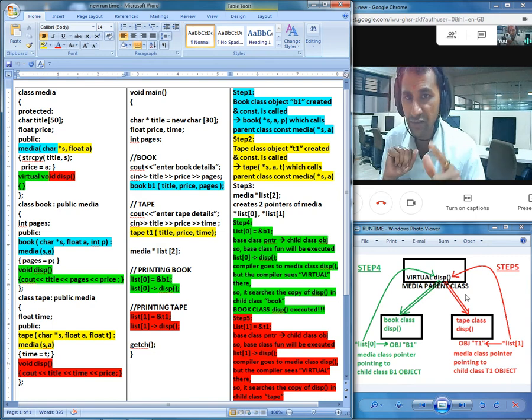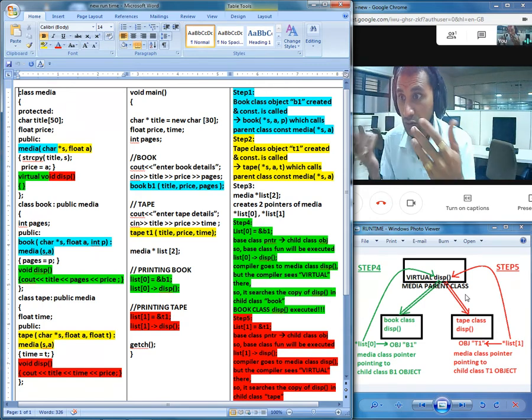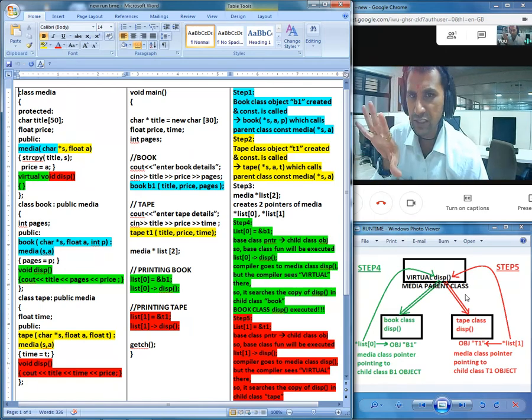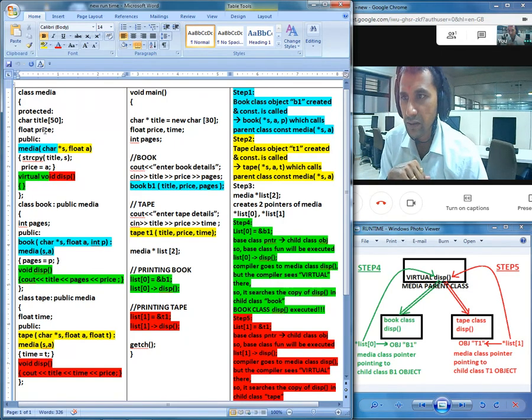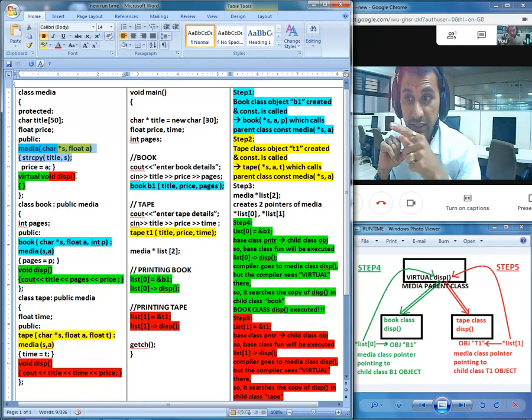Everyone, just take a look at the definition and try not to forget one particular thing, that is the concept of constructors in inheritance, because we are going to make use of that very frequently. First go through the definition, go through the background of the media class. We have title and price in the media class. Apart from that, we have one constructor of class media. This constructor is initializing the values in title and price, followed by the function display, which has been defined as virtual.